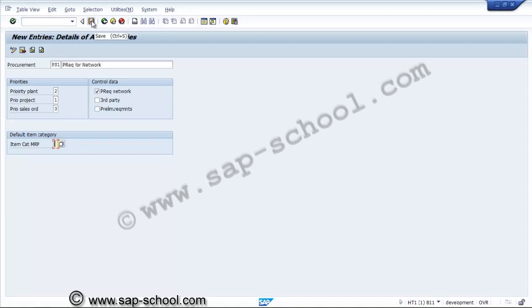And another one is preliminary requirements. If we use these preliminary requirements to register the requirements, that is nothing but basically MRP, material requirement planning. So it comes from the MRP controller and it will place us directly from there also. So we can use both the things, one with the